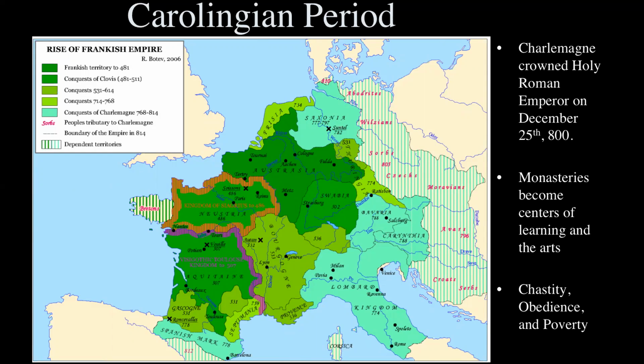So during this time, and we'd already talked about it before in Hiberno-Saxon art, monasteries had become centers of learning and the arts. And remember, in Europe at this time, people weren't educated in the way that people are educated today, where you had this universal education, a liberal arts type of education for everybody. Instead, that would be limited to elites and monks and nuns. So most people couldn't read, so it's not a coincidence that monasteries would be the center of learning and the arts.